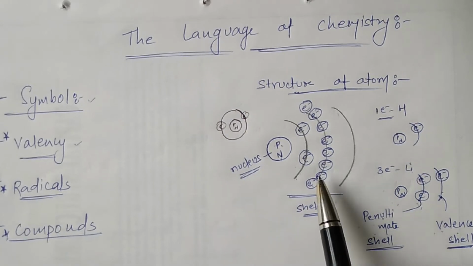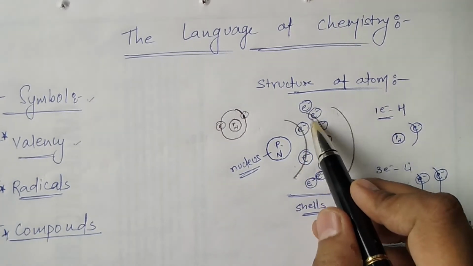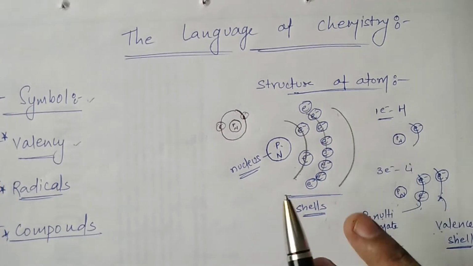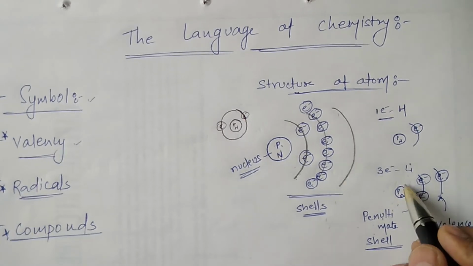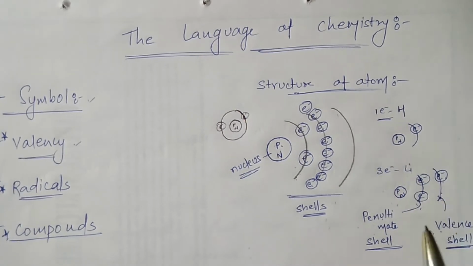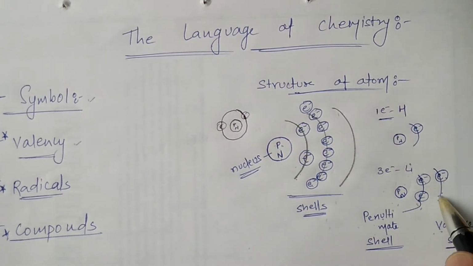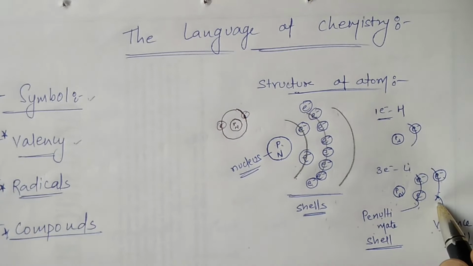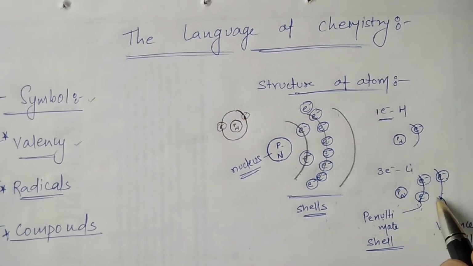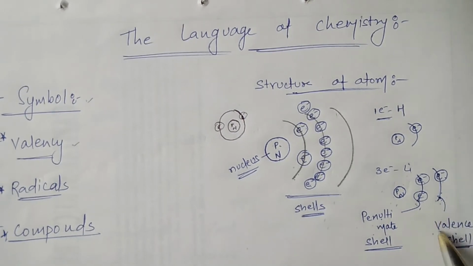Alright, now see carefully. Say for example, 3 electrons are there initially. We take an example of lithium. Say 3 electrons are there. So this is the nucleus, 2 electrons, and the third one is in the next shell. Now the electron which is residing in the last shell is called the valence electron, and the shell beyond which the electron is not residing, that particular shell, is called the valence shell, meaning the last shell in which we can find the electrons.